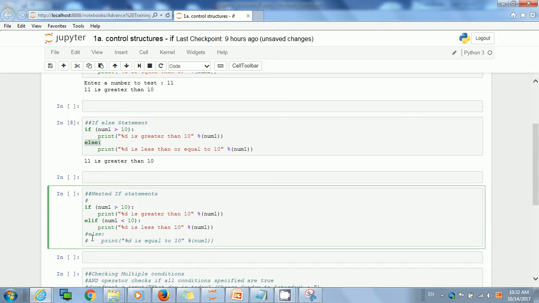this is how you write your else if, that is by using elif in Python. If num1 greater than 10, print num1 is greater than 10. Elif means else if this condition is false, then check this condition. If num1 less than 10, print num1 is less than 10, else we have only one more condition left, when num1 is equal to 10. So